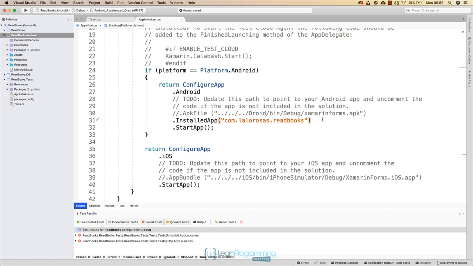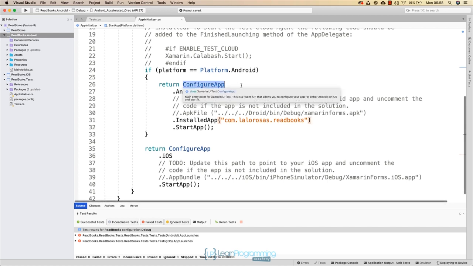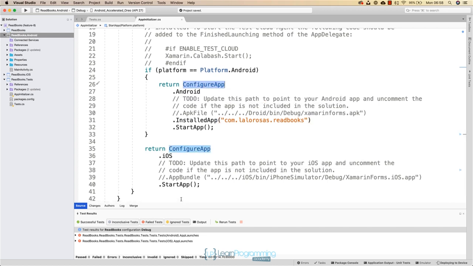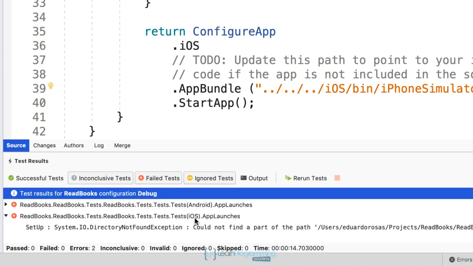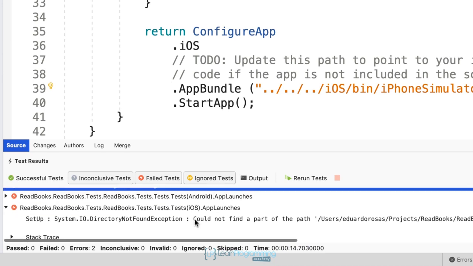This then is going to make sure that when you run the application, this is the package name that is going to be used as we configure the Android application. And on the iOS app, something similar is going to happen. In fact, if I inspect the errors that happened when testing my iOS app, it says that the directory was